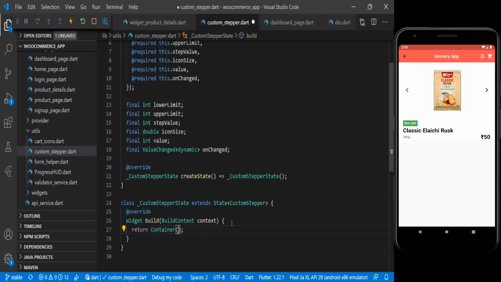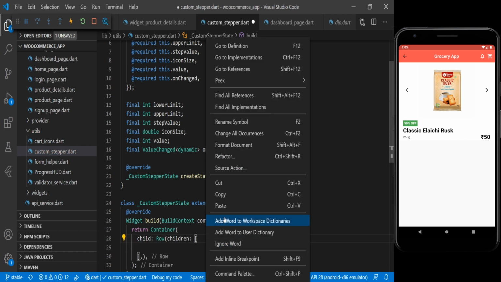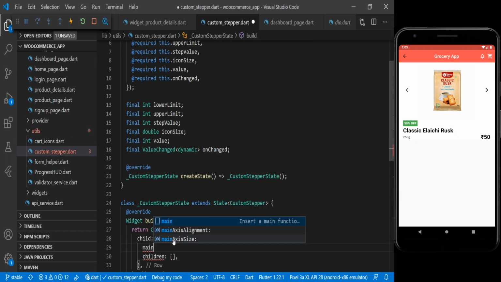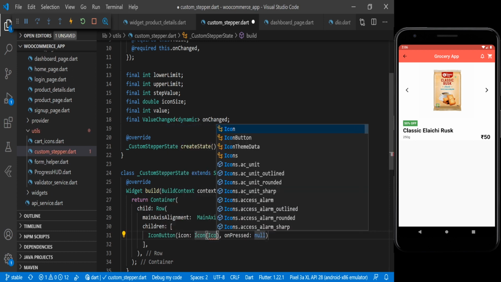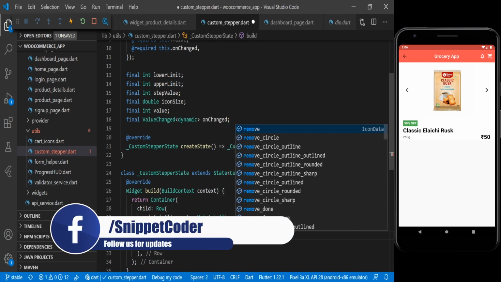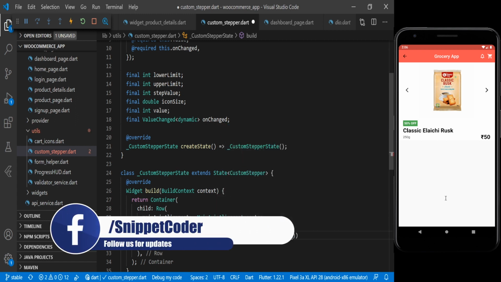So here in the container we will have the decoration. In the container we are using a row widget, and in the child we are using main axis alignment, and we are using center. Then we will have an icon button, and here we will have icon, and for icon we are using Icons dot remove. Then we will have the onPressed event, we will put the implementation later on.